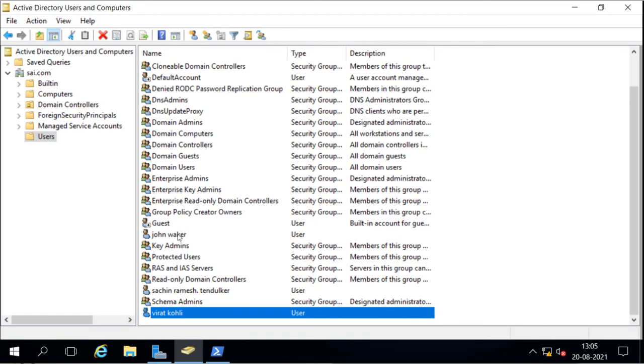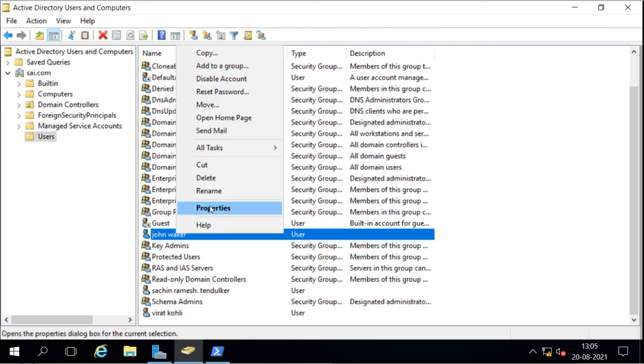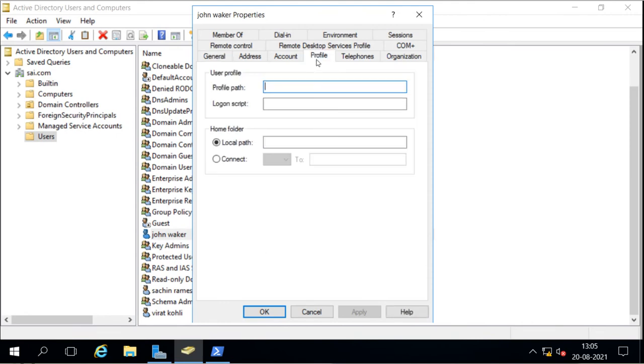That means if you go to the properties of a user, in the profile tab you have this option, and by default you can see the local path is selected, so it will always create under the local path. We can create the remote path here, we can add the share folder name here, and we can add the network drive name here also for the home folder and for the profile folder.